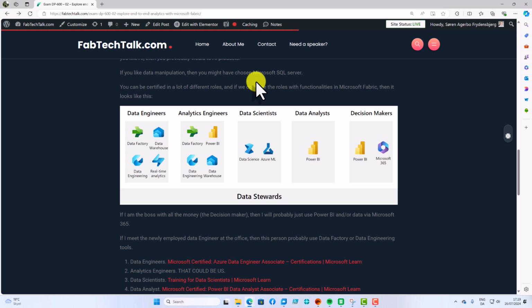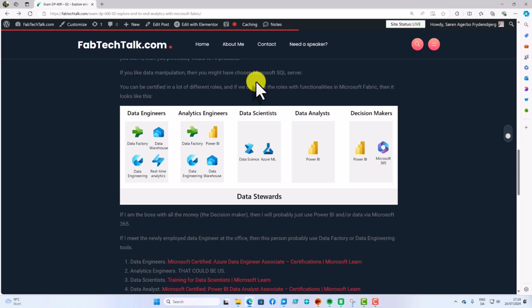On this picture you see here, what it's trying to say is that if you're a data scientist, then instead of using 10 different tools, use the tools that we have in Fabric, perhaps with some extra tools also, but always start in Fabric to see what you have. If you are a data engineer, then perhaps you want to use real-time analytics. Everything is included or closely connected to Microsoft Fabric.